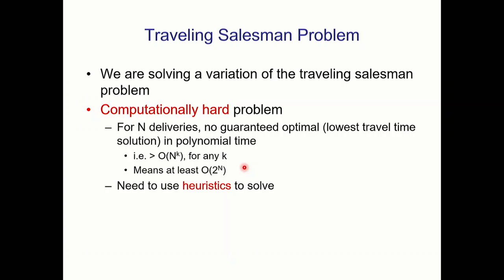But we're going to study how to develop one of these heuristics. Yes? Can you explain those two bullet points? Like, how did you come up with that complexity of n to the k and 2 to the n? So, yeah,